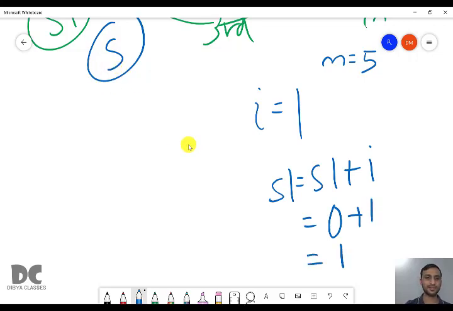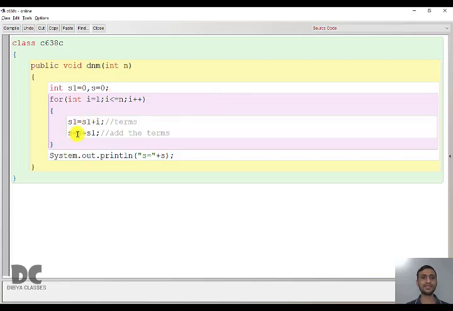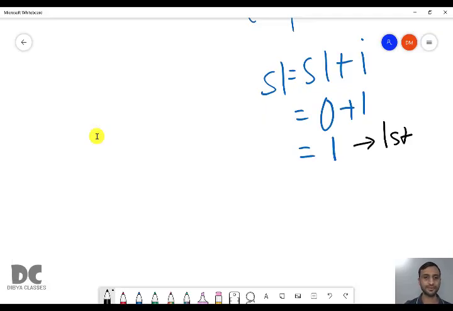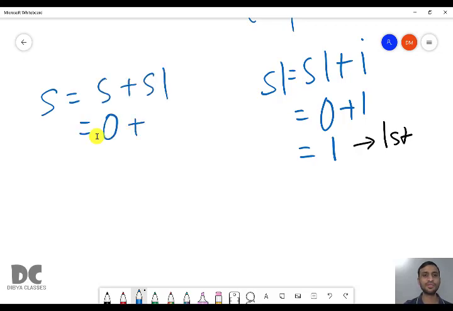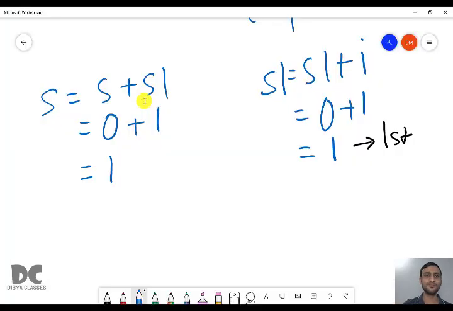That is nothing but the first term. We got the first term. Then we are doing s equal to s plus s1, that is 0 plus 1, that is 1. So now when the first round of the loop is done, we have s1 equal to 1 and s also equal to 1. Now next time i value becomes 2,